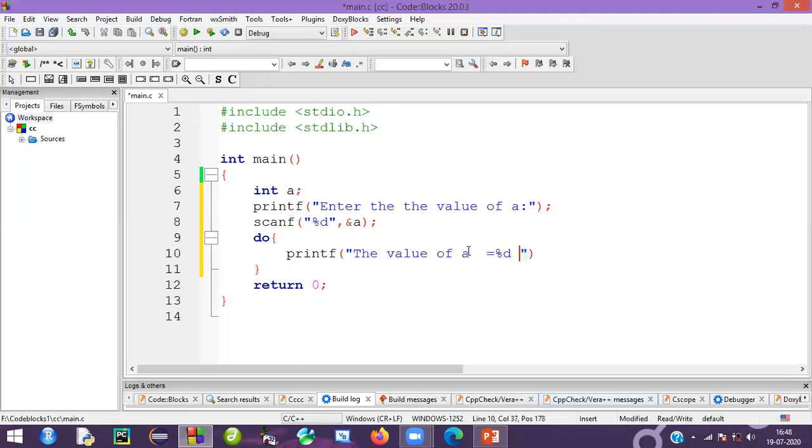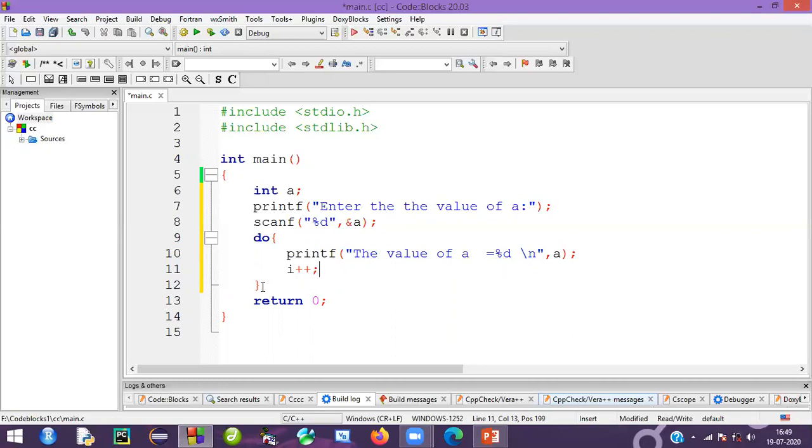Next I mention a comma and then the variable, that is a. After this I want to increment this one, a plus plus. I am writing this because I want to increment.